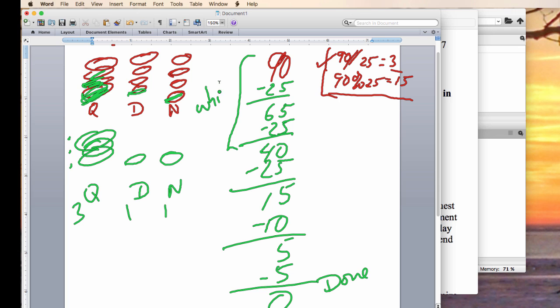That's a while loop. And then if I can, I will repeatedly take dimes out of there. That's another while loop. And then another while loop, and so on. I can go through this process and this is greedy. Do all the quarters, do all the dimes, do all the nickels,